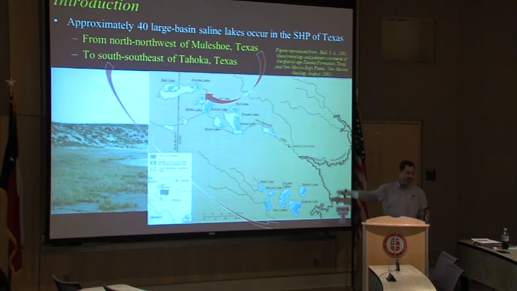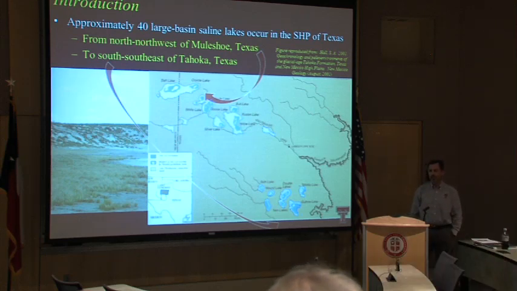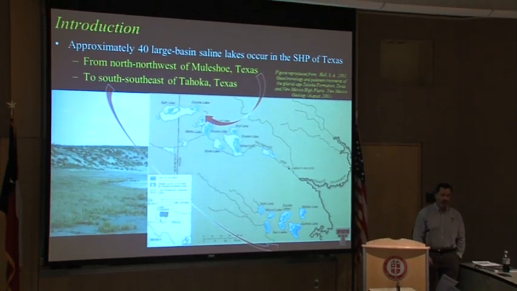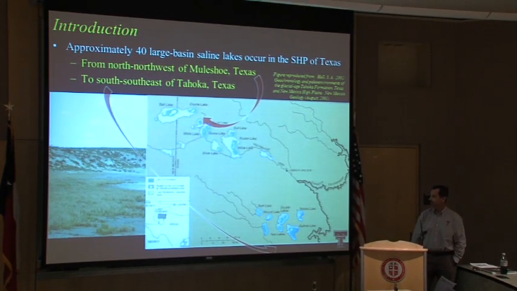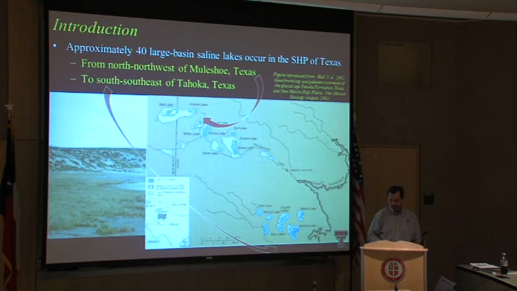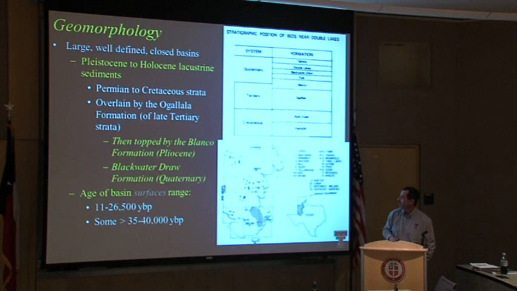They exist on the terminus of the Ogallala aquifer, where the aquifer itself gets relatively thin. These lakes historically were spring fed, and that's going to be a common theme in regards to changing conditions here in the high plains as well as potential climate change. You can see here down at about Tioga over to Muleshoe and into eastern New Mexico is where these basins typically exist. These are indicating the general watersheds, not just the basins themselves.